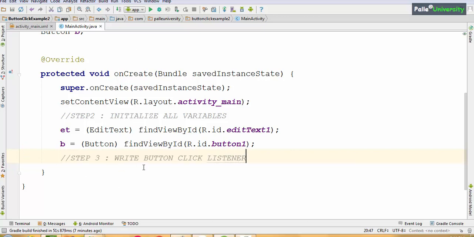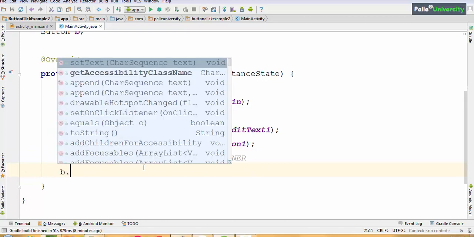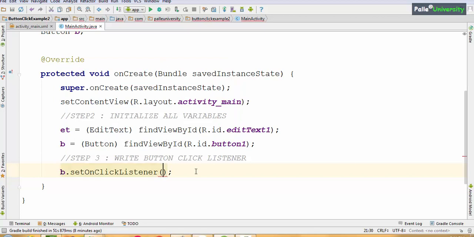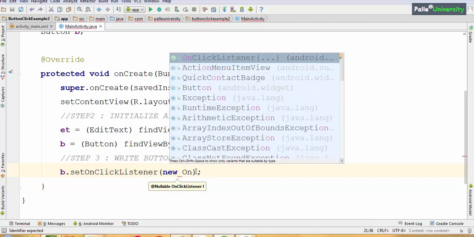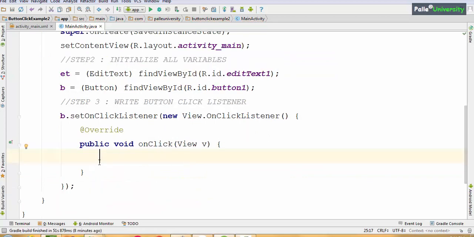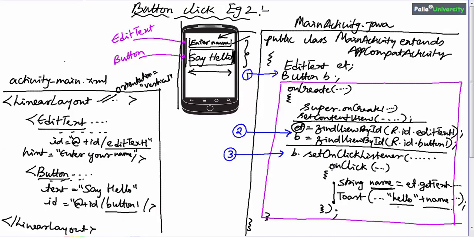Next, write the button click listener. b.set, select the first method. What does it expect? New OnClickListener. Don't type completely. Take the help of Studio. Double click this. It will automatically fill the code. Here we will read the edit text value and we will print a toast message.